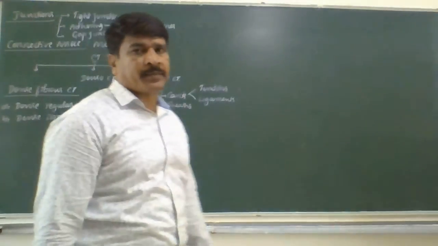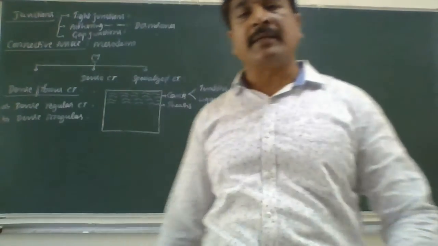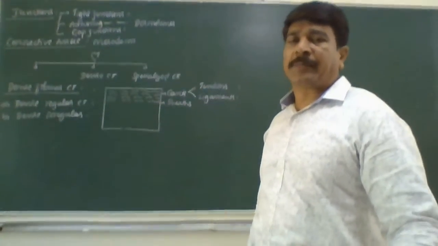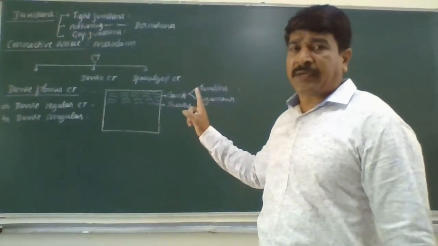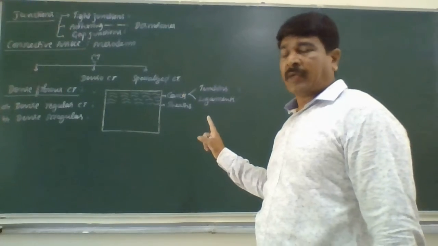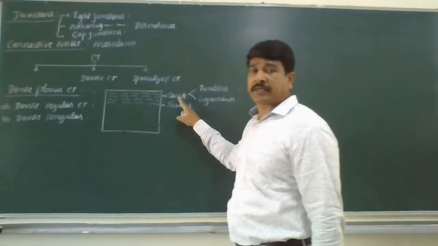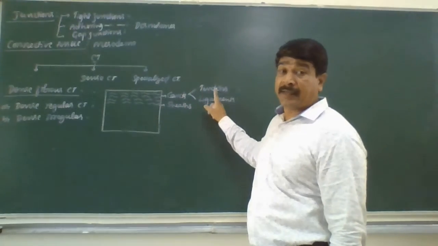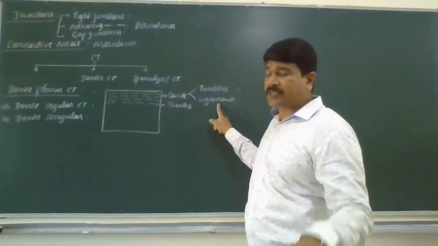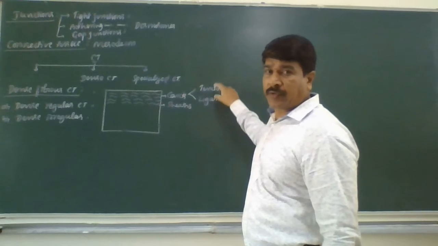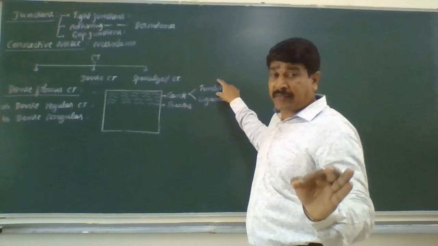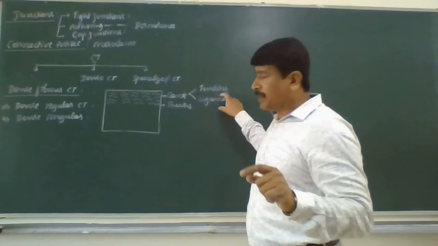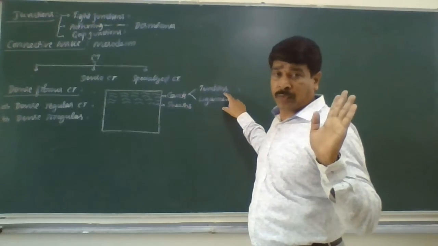So, the matrix of the dense regular connective tissue contains abundant collagenous fibers. These are not found in parallel bundles, but are always in rows between the parallel bundles. This tissue forms two types of structures, cords and sheaths. There are two types of cords, tendons and ligaments. Usually in this type, you have to concentrate only on these two. Tendons always connect skeletal muscles to the bones. You remember this. Ligaments always connect bone to the bone.